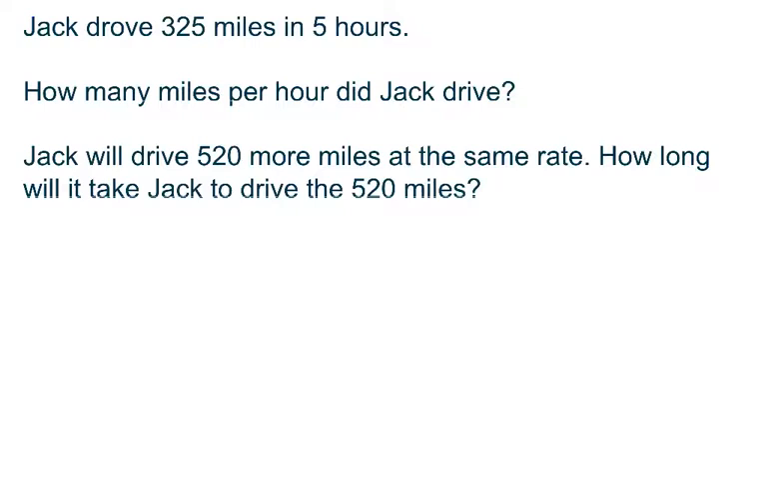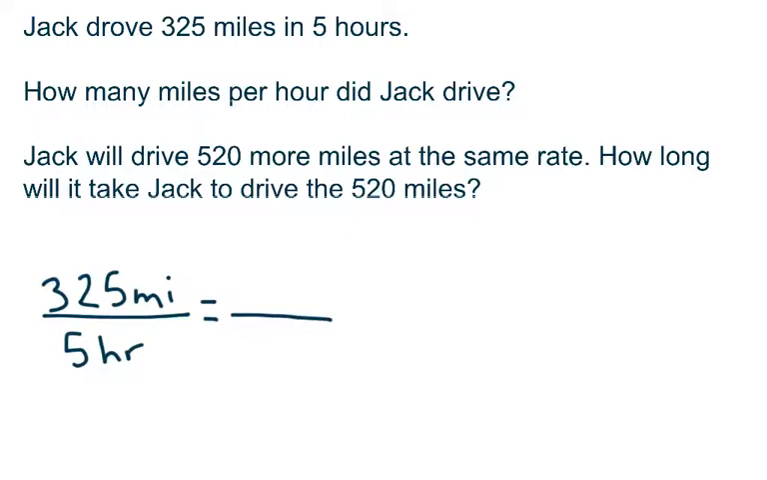I can do it like this. I can just start by dividing 325 by 5 and get 65. Or I can write it like a ratio. It might help to see things a little bit better that way. 325 miles over 5 hours. So for every 5 hours, he drives 325 miles. Let's set that equal to something, I don't know what it's going to be, over 1 hour, because I want